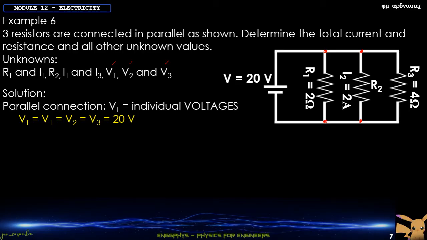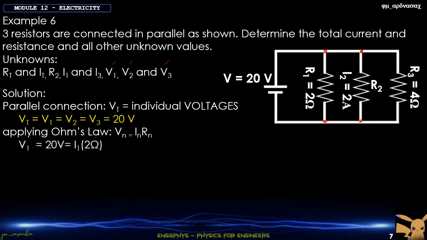Okay? So ang mangyayari, we'll apply now your Vn and or your Ohm's law, which is V equal to I times R. So i-compute muna natin yung mga unknowns for each resistors. So for resistor 1, that will now be V1 equal to I1 times R1. Since given na tayo ng V1, given na din tayo ng R1, we can now solve for I1, which is equal to 10